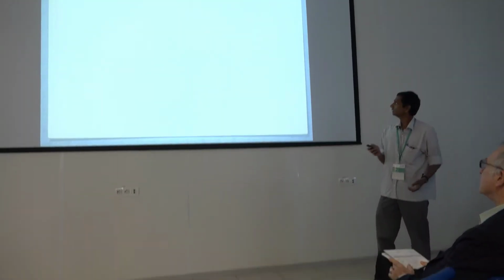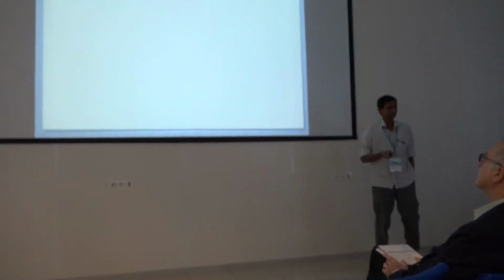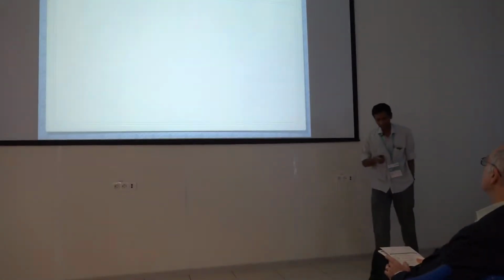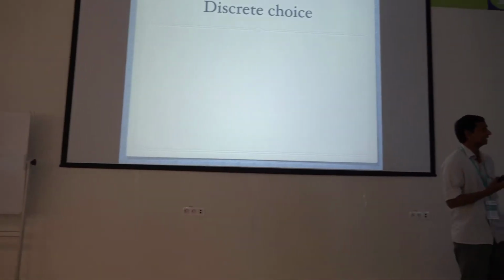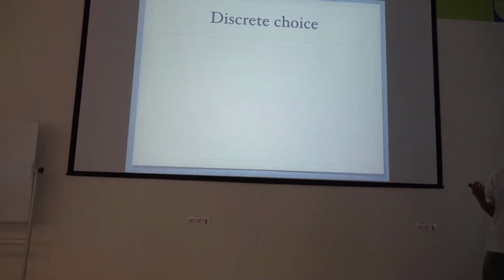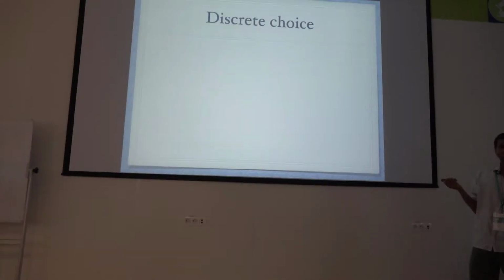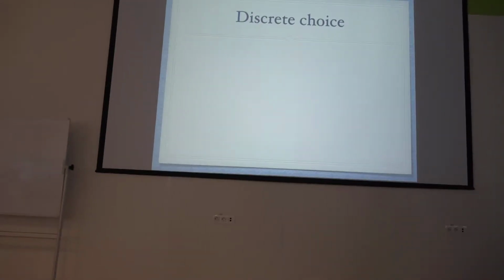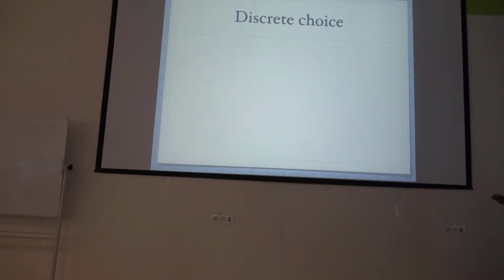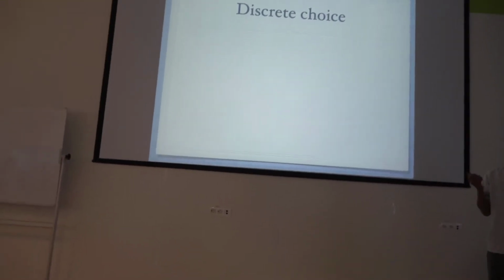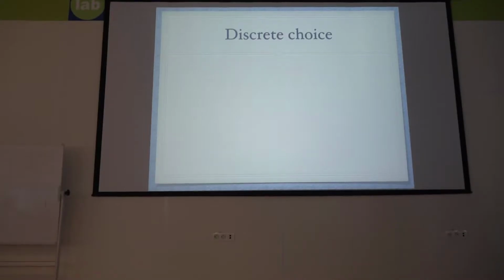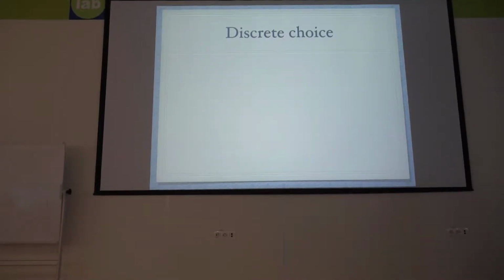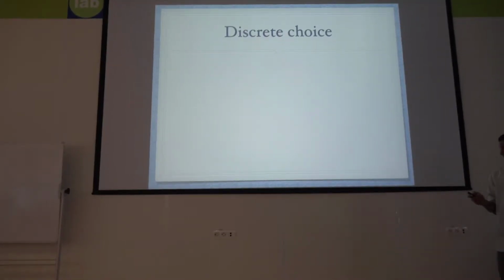Okay. So what is discrete choice? This is a field that's been around for the last many decades. It's typically not well studied in computer science or even discrete math settings, but it's a field that has had a very rich history with many Nobel prizes and so on. And it's mostly studied in economics and social sciences. And I'll give you a brief glimpse into the field by giving a short introduction.